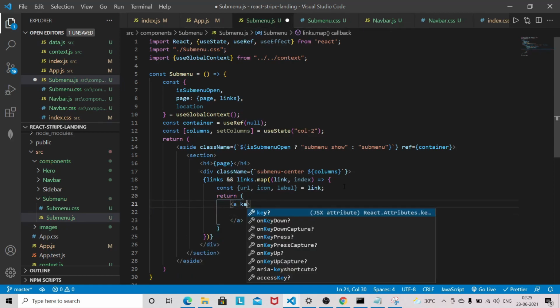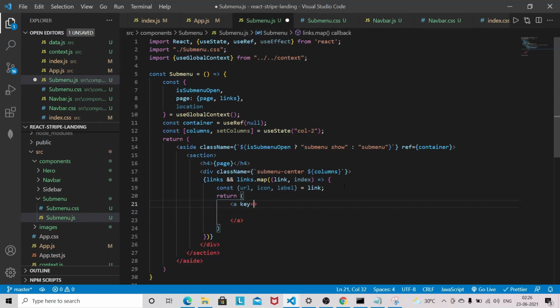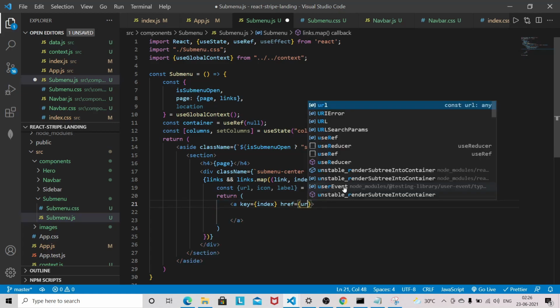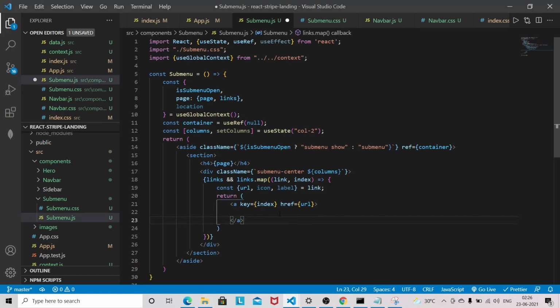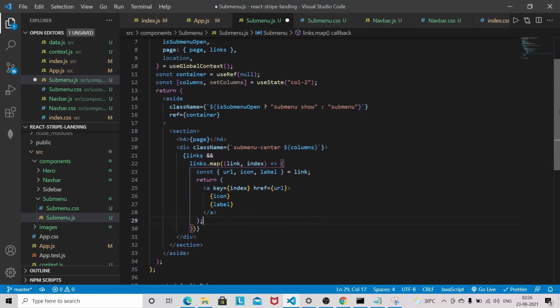So this will be a key, so I'll give the index to avoid the warning in the console log. Href will be the URL, and here it will be the icon, and we have the label. So let's do a quick format here.